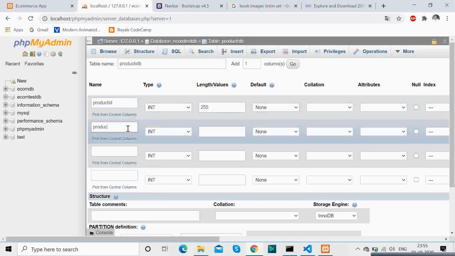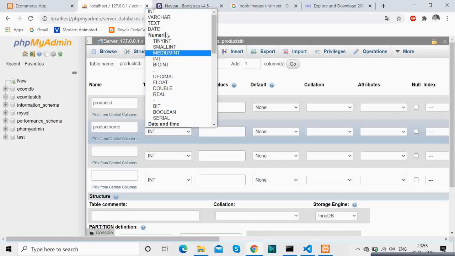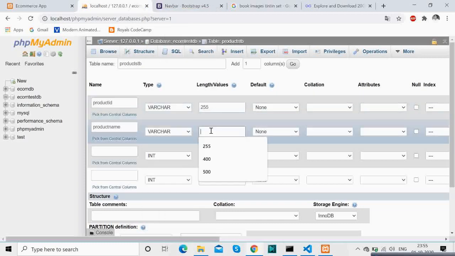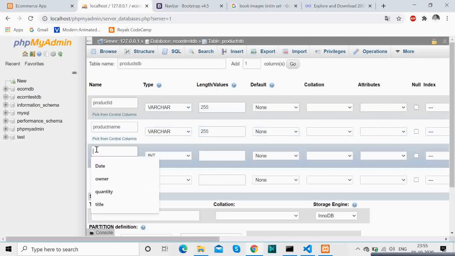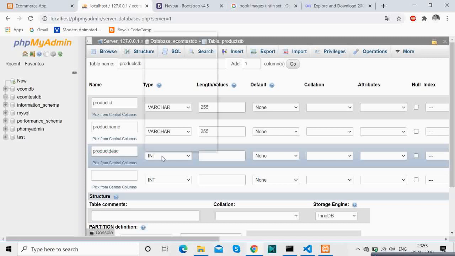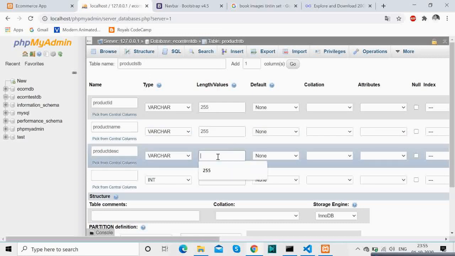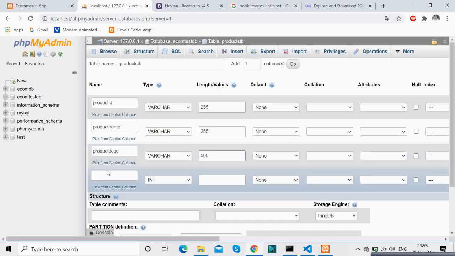So this is product name, product ID, product description. All the things we can add over here. One suggestion, if you want your application to be very fast, is to not use joins.